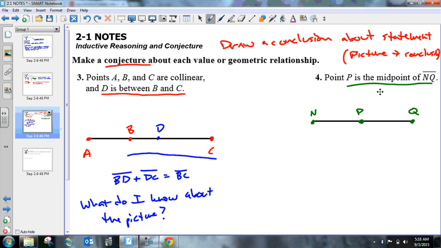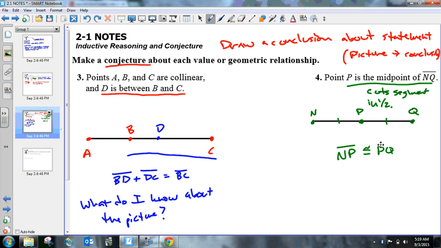A midpoint is the middle point. It actually cuts a segment in half. And when it cuts it in half, that means I'm getting two congruent pieces. So I'm going to call this congruent to this. So then the conclusion that I can draw is that NP is congruent to